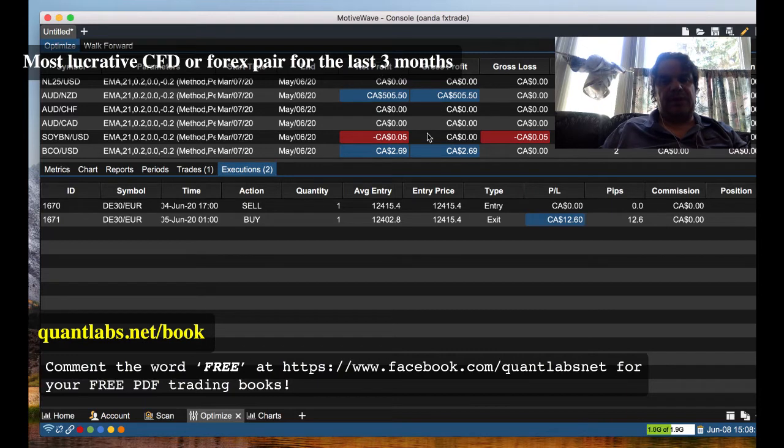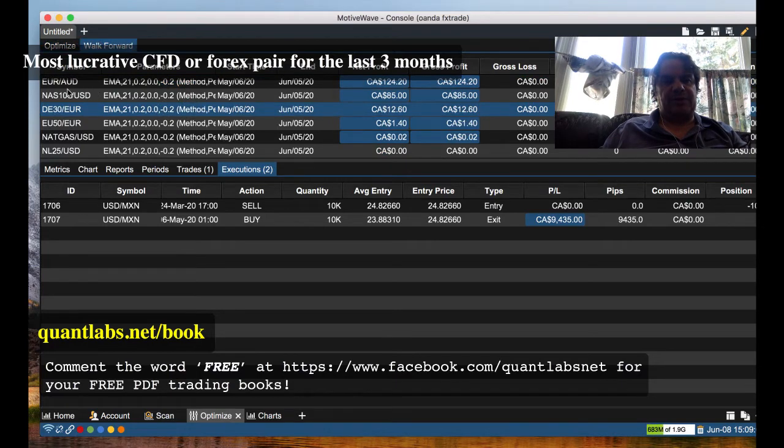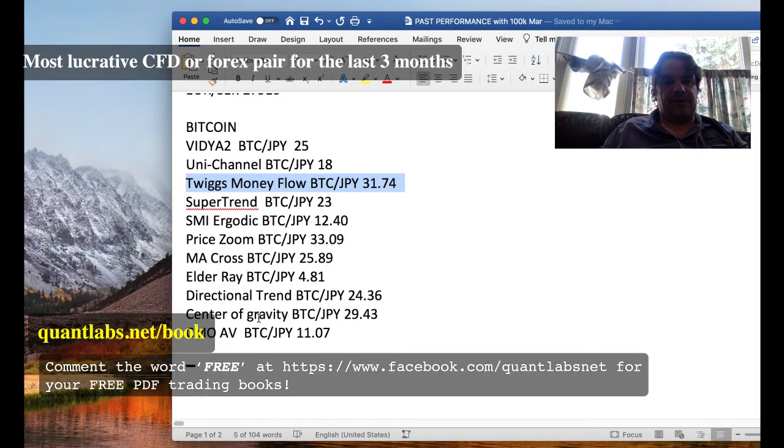But you can see here, it really depends on the strategy that you want to use. So it looks like if you optimize it, the USD, Mexico, and Swedish are still on top. But the walk forward says otherwise. Euro against Australia and NASDAQ against USD at 124 and 85. It's not very much. So let's do one more strategy here, and that would be the